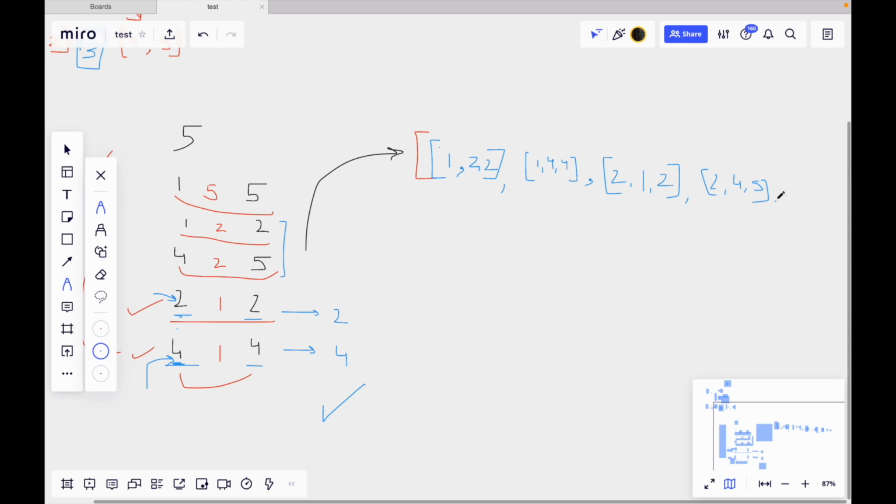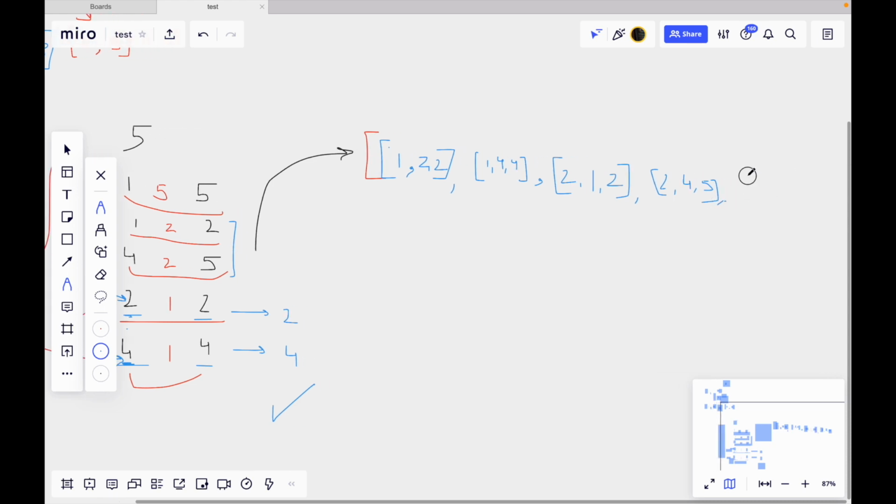Then at last, the biggest of all, the superset, which is of length 5 starting from 1 ending at 5. Okay, this is it, and I'll make it symmetric. Fine. So this is our first step.